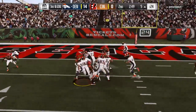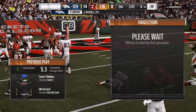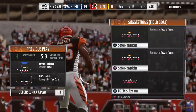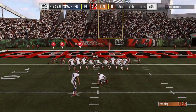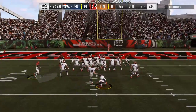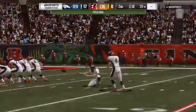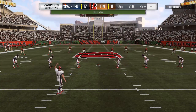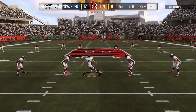On 3rd down, that's Lindsey. And he'll get blown up behind the line of scrimmage, back at the 6. That'll make it 4th down after a loss of 1. This drive started with 1st and goal. Now that it's 4th and goal, anything less than a touchdown would feel like a letdown to me. The bottom line, tremendous starting field position, really squandered there as they wind up going backwards and then come up